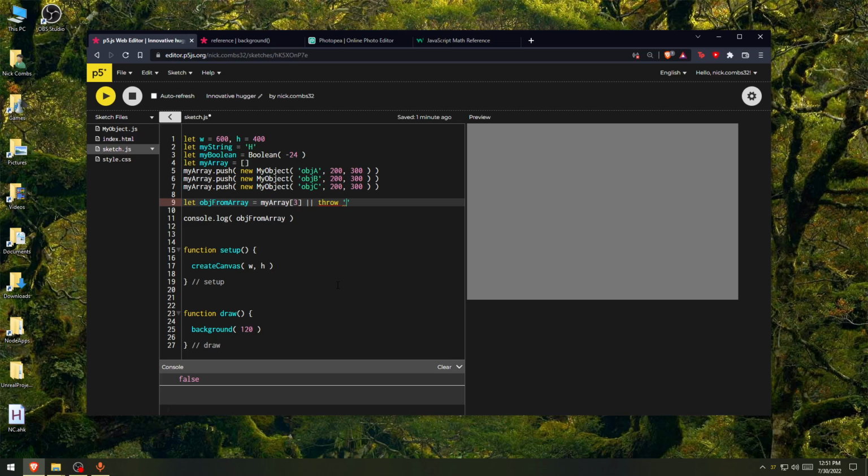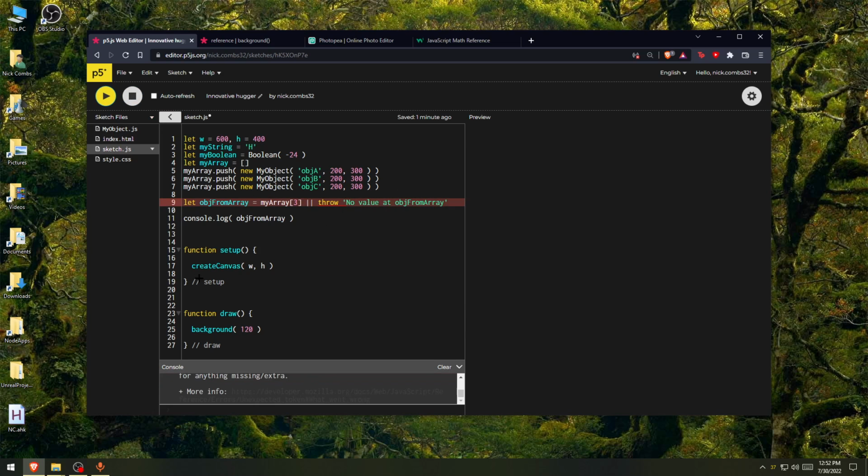And then you can just put a string in here and say, no value at object from array, or something like that. Something descriptive that lets you know. And then we're going to do this, and then you can see that it throws that error. Oh, I guess it doesn't like, yeah, you can't throw it there. So what we can do